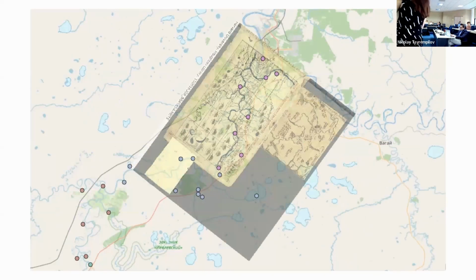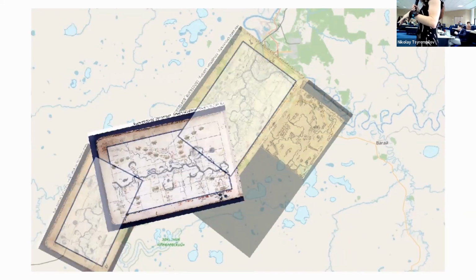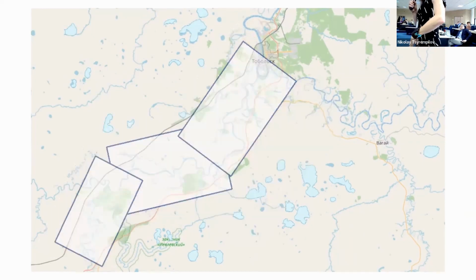And I knew I can't make a perfect match, right? So this isn't about perfect accuracy. This is just a rough cut. And I did it for a bunch of maps. And then I thought, it's too much. I can't really see what I'm looking at. So I'm going to let the maps fall away. So I just represented the map spaces that way.